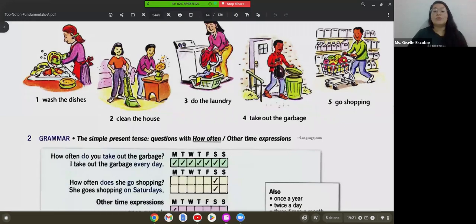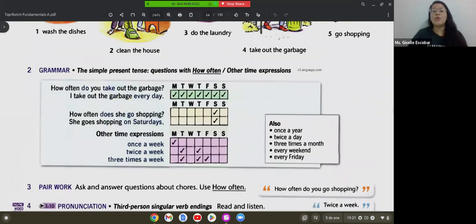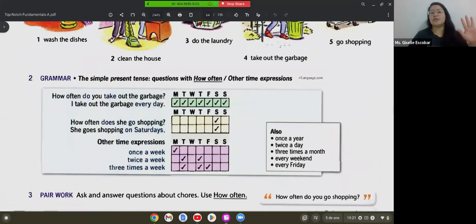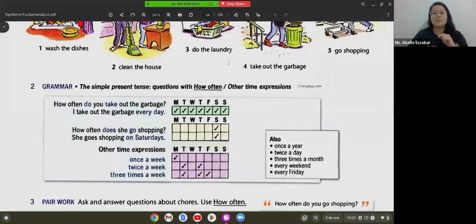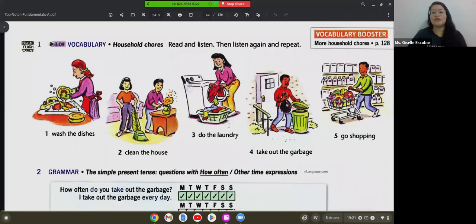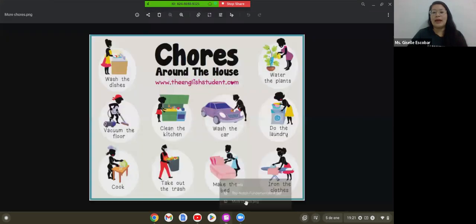So that's what we are going to do. And we are going to ask our classmates 5 questions. So pueden utilizar estos household chores que están acá o pueden utilizar alguno de estos. Si quieren pueden tomarle screenshot o pueden escribirla así, si ustedes gustan. Para que no todos hagamos los mismos y tengamos más opciones de dónde elegir.